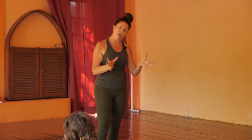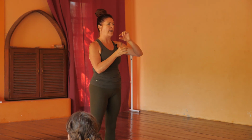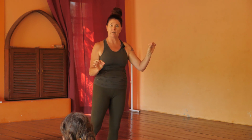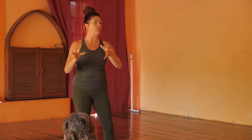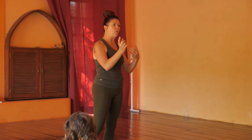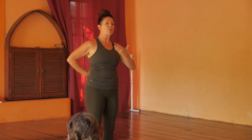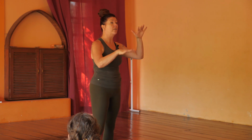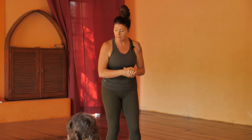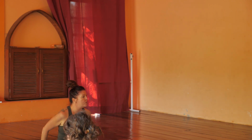So that's the main emphasis of the class, and I'm going to always talk about how we're layering it, putting it together. And we will at the end move towards a back bend, but I also want you to notice this class doesn't necessarily have to be about back bending, right? We're focusing mostly up here, so you could just leave it at that, depending on the level of student that you're working with, okay? So we'll start as usual, just sitting comfortable cross-legged,